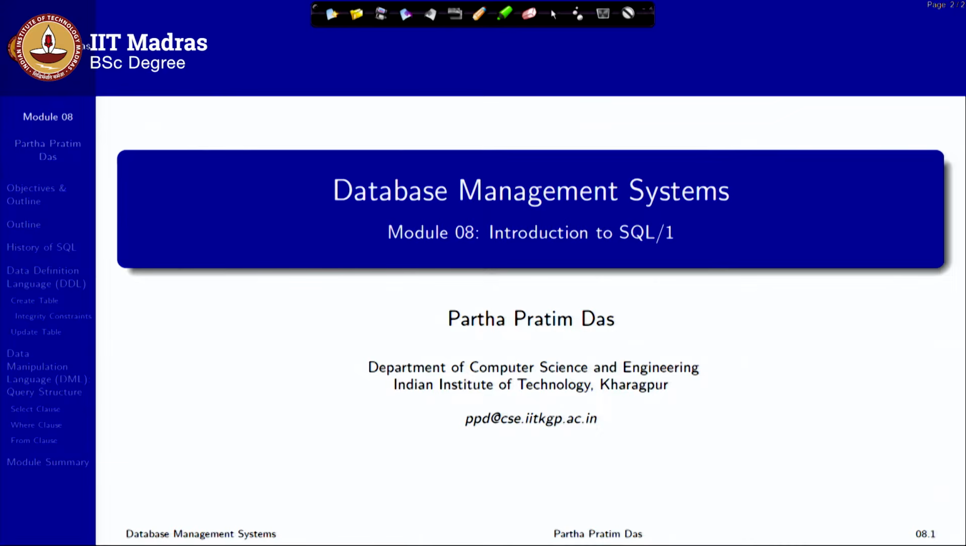Welcome to module 8 of database management systems in IIT Madras online BSc program. We have prior to this module given a basic overview of the relational system. We have defined the basic terms like what is an attribute, what is a key, what are different types of keys like super key, candidate key, foreign key and so on, the schema, instance, and the basic idea that there